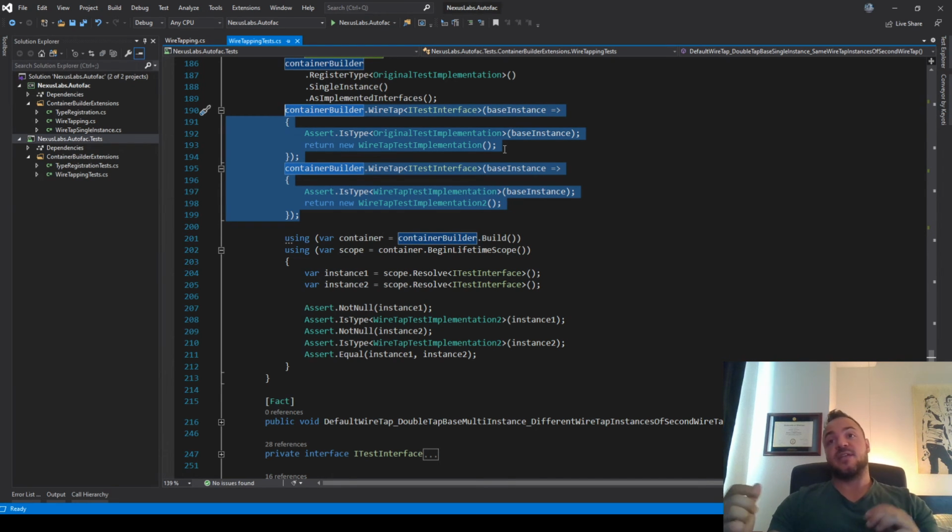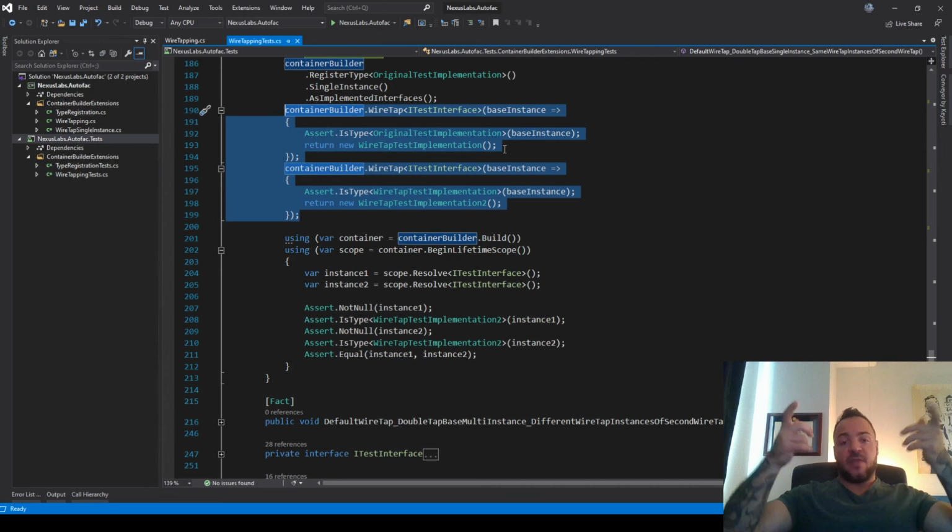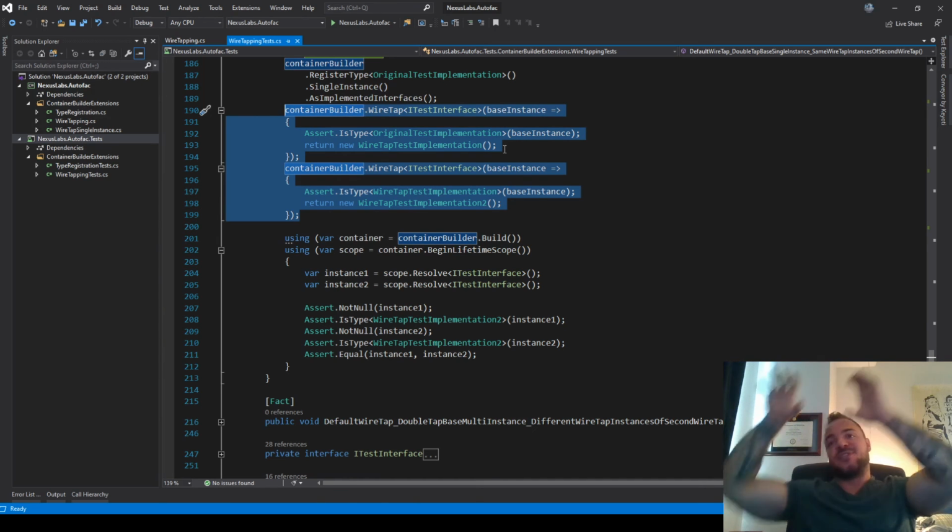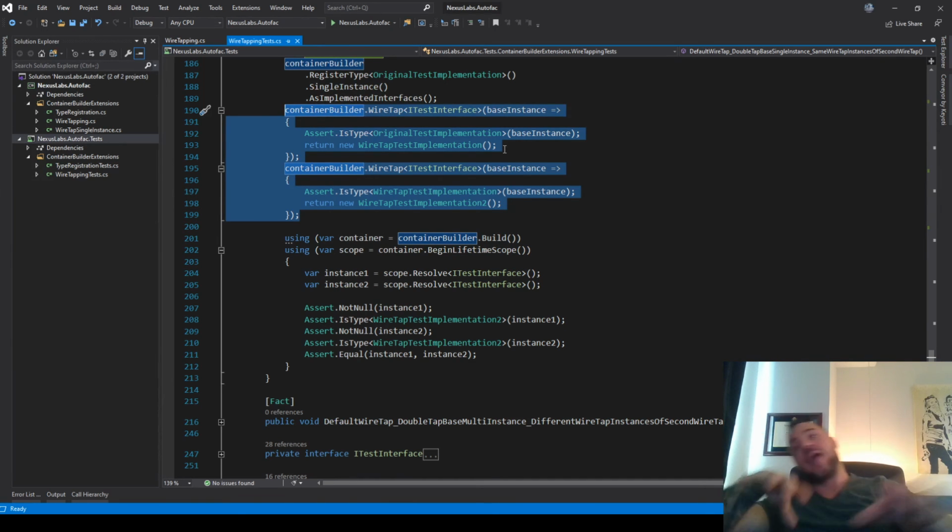So when you wiretap and then you wiretap after, the first wiretap will go into the second wiretap, and if you had a third, that would go into the third, and so on. So I was like, that's what I'm going to make. I'm going to change the code so it fully supports this and it's consistent.